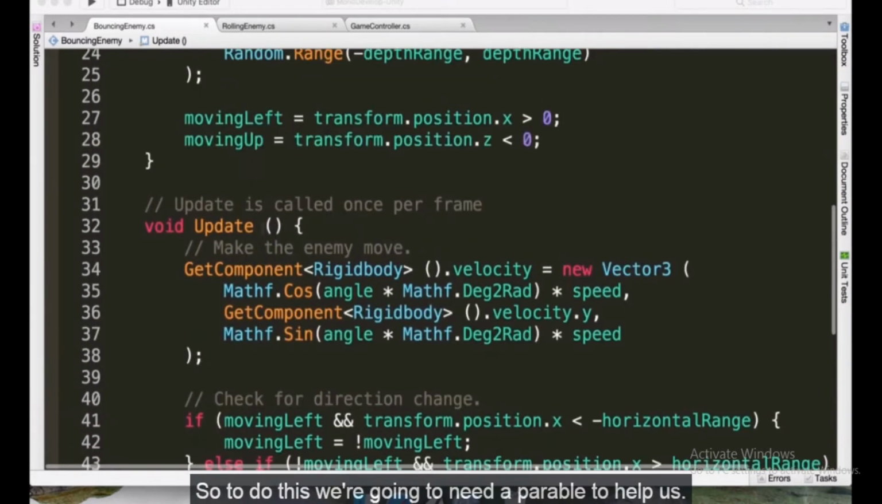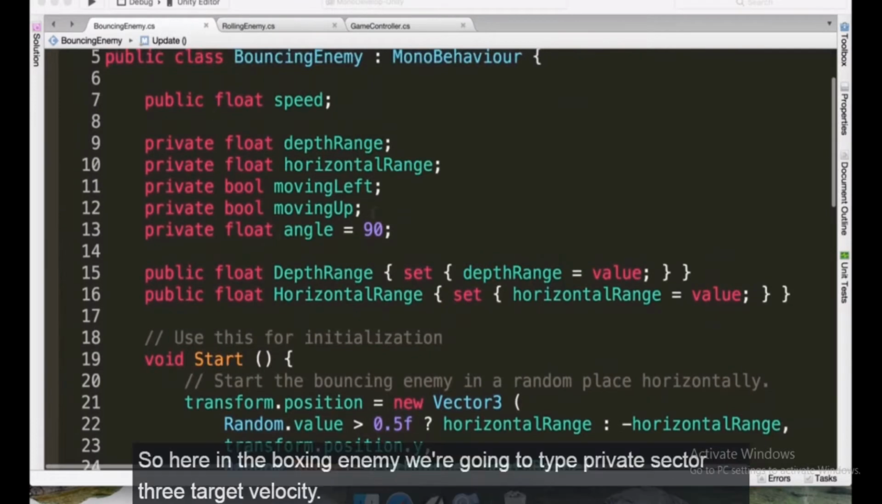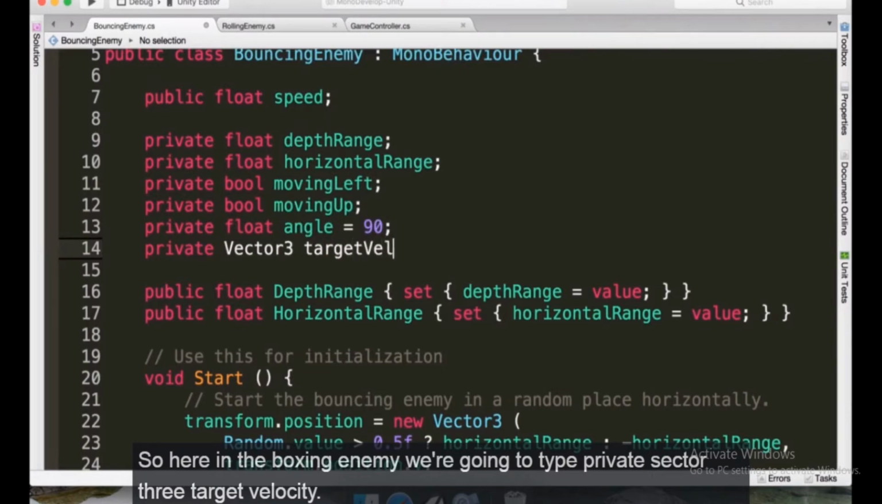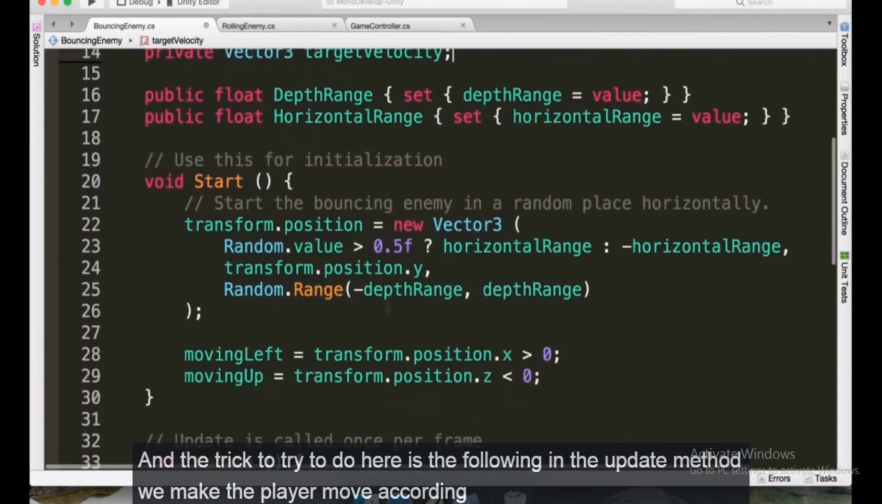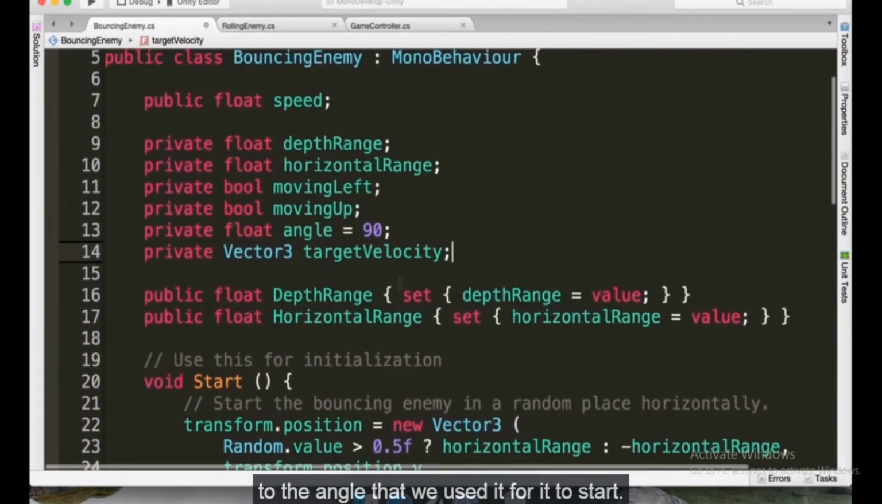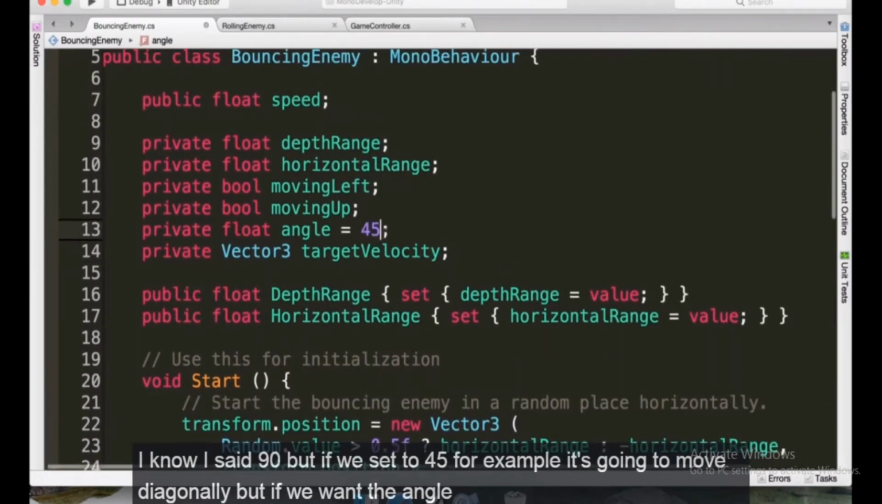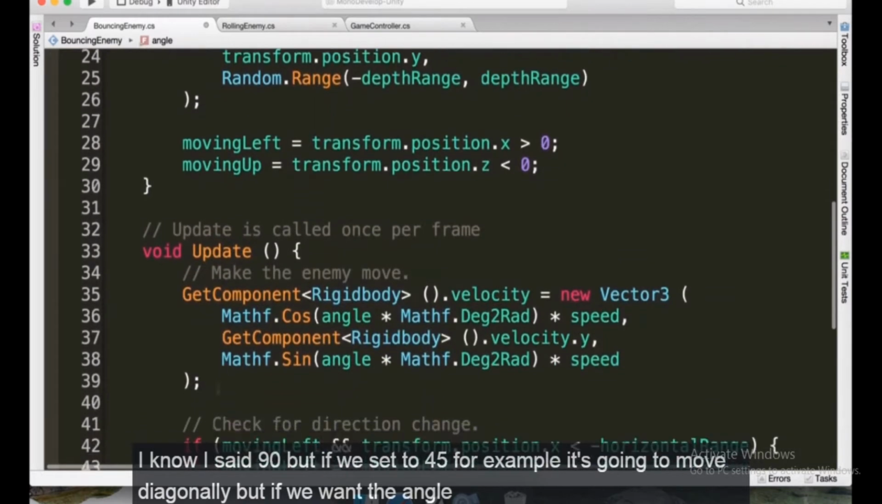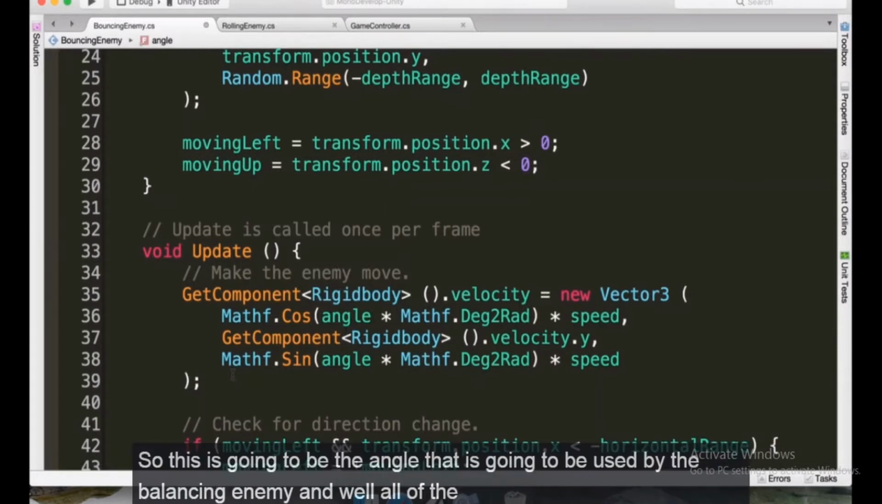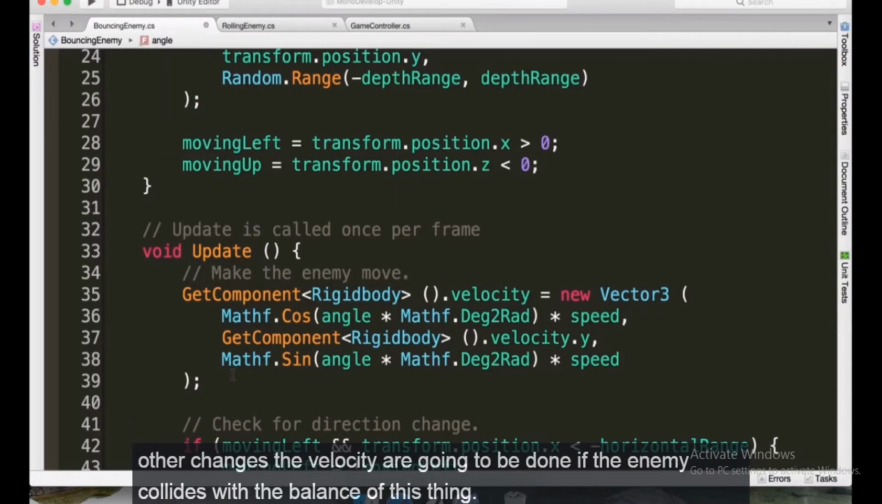So to do this, we are going to need a variable to help us. Here in the bouncing enemy, we're going to type private Vector3 targetVelocity. And the trick that we're going to do here is the following. In the update method, we make the player move according to the angle that we used for it to start. Right now it's set to 90, but if we set it to 45, for example, it's going to move diagonally. But we want the angle in this case to be used as some sort of kickstart. So this is going to be the angle that is used by the bouncing enemy, and all of the other changes of the velocity are going to be done